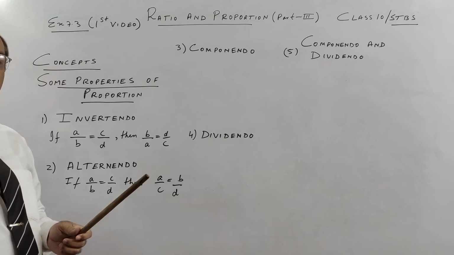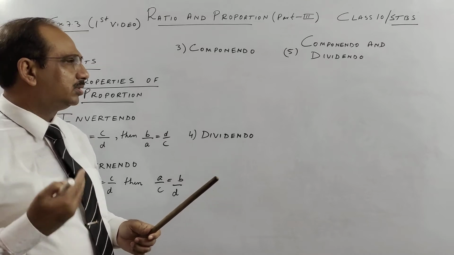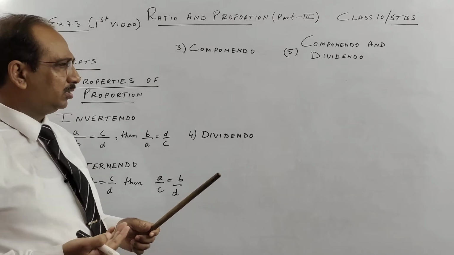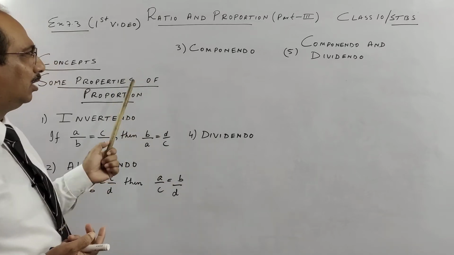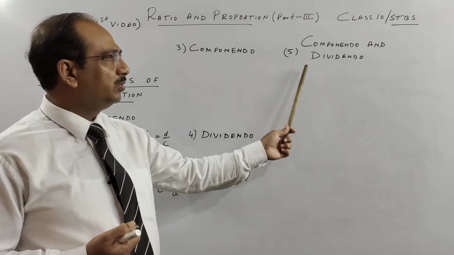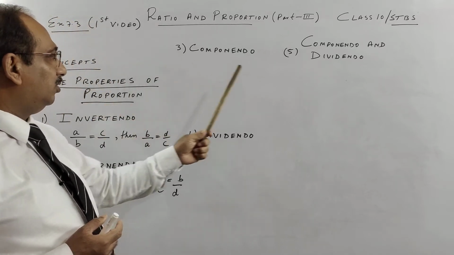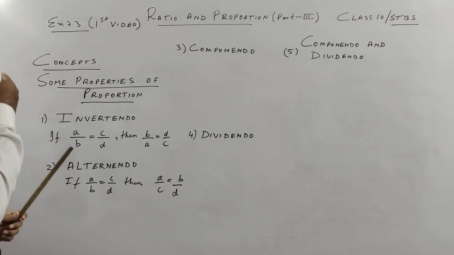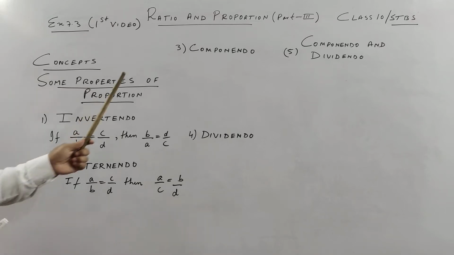I have already made two parts. In the first part I explained duplicate, subduplicate, triplicate, subtriplicate, which was an introduction. In the second, we had mean proportion, third proportion, fourth proportion, continued proportion. Some questions come from there in ICSE, but the majority come from what we call componendo and dividendo. I'm going to explain this and do 4-5 sums on it. This may be my first video on this topic, but it will be followed by at least 2 more, because most of the ICSE questions come from this property of proportion.